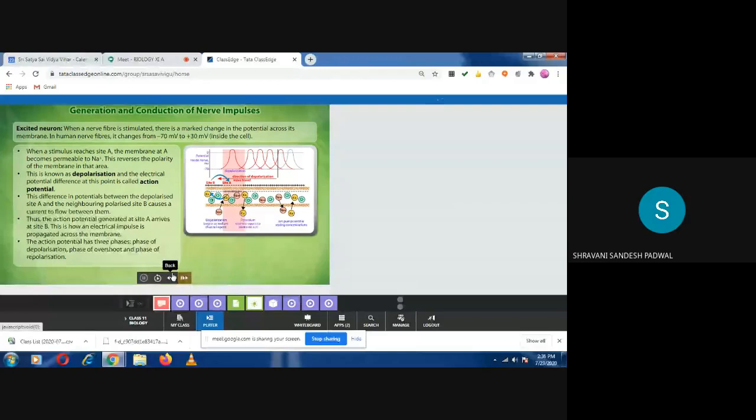After changing the paragraph, what did you note down? When a stimulus reaches site A, the membrane at A becomes permeable to sodium ions. Noted this much? Now write down: the sodium ions start moving inside